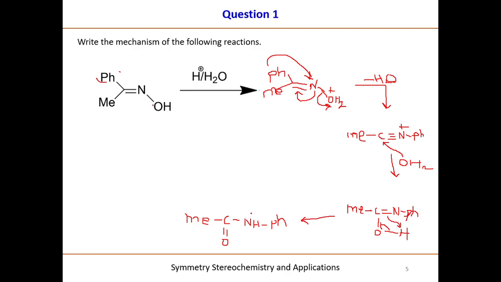You can see the amide. So an oxime is formed by treating an aldehyde or ketone with hydroxylamine. The formation of oxime you will find in the previous lecture which is available on YouTube. So here we are discussing the mechanism only, the mechanism of Beckmann rearrangement. So the OH group of this ketoxime can become a leaving group